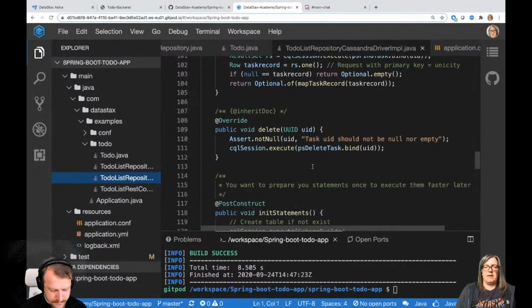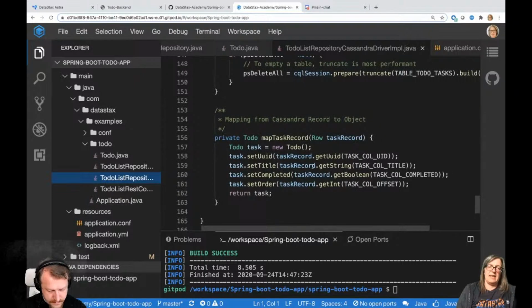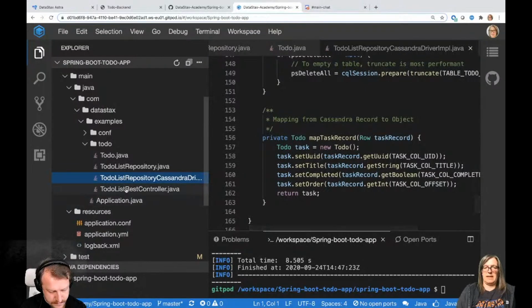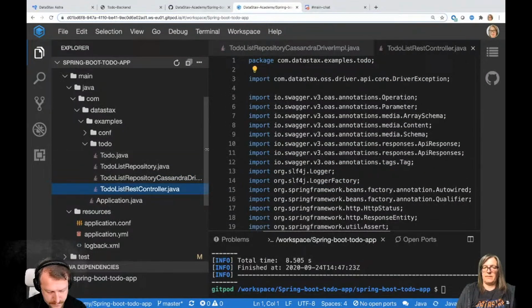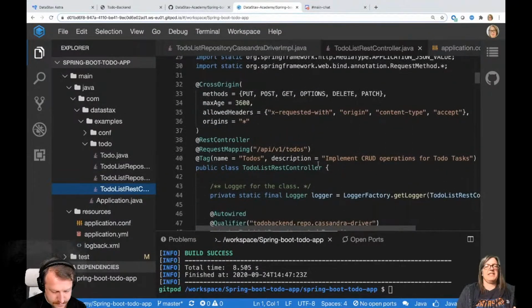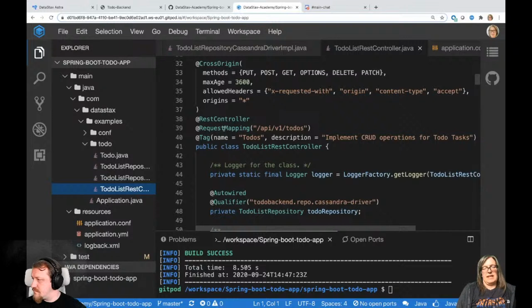And yes, you can have a look at those. This is the implementation, and then the final thing that binds it all together is the REST controller. This is where all these annotations come in. We really tried to keep it very simple, but we had to include quite a few things in order to make it actually run. For example, the cross-origin annotations here, then the annotation for the REST controller. Then this is for the routes that we're supporting.